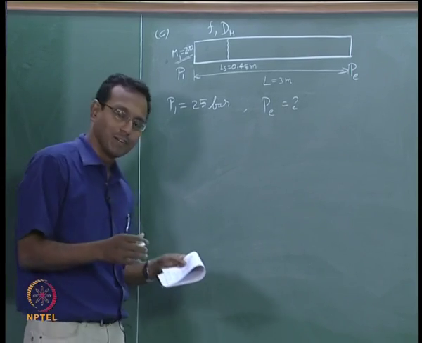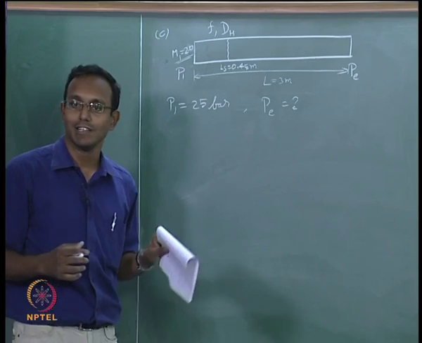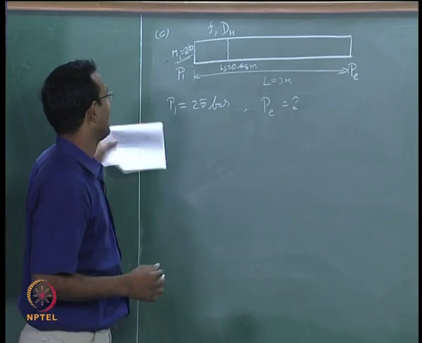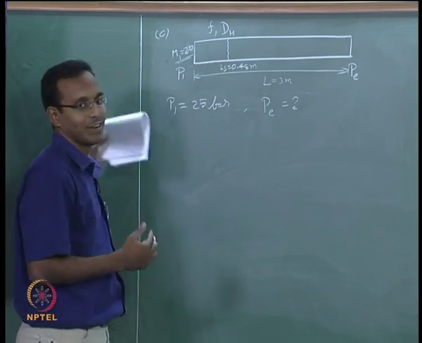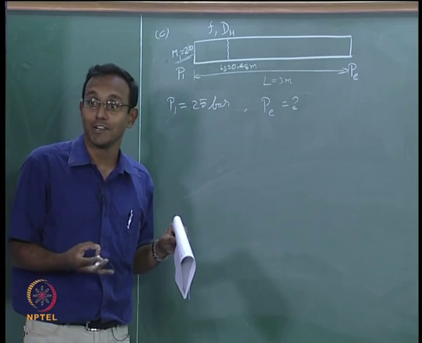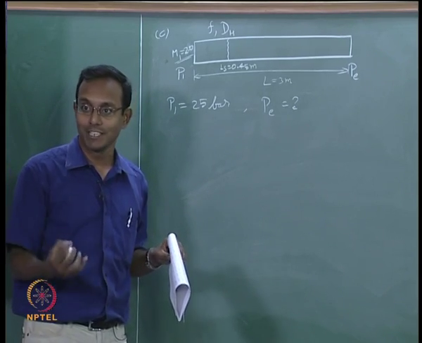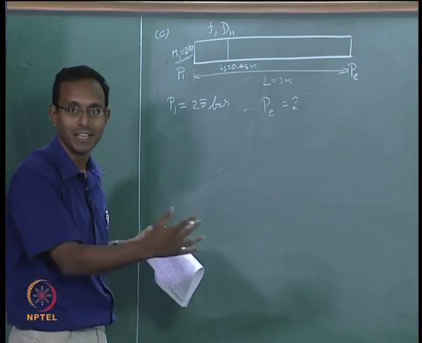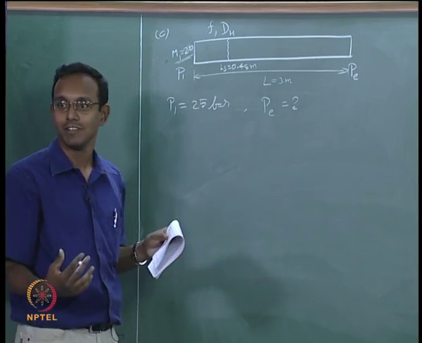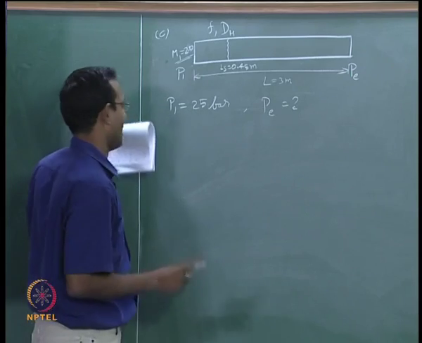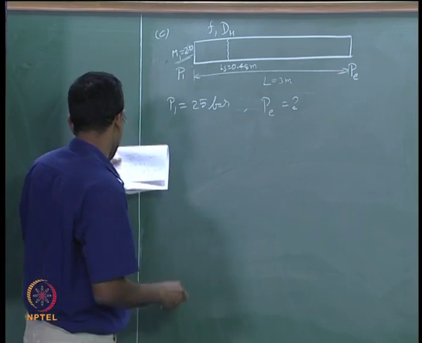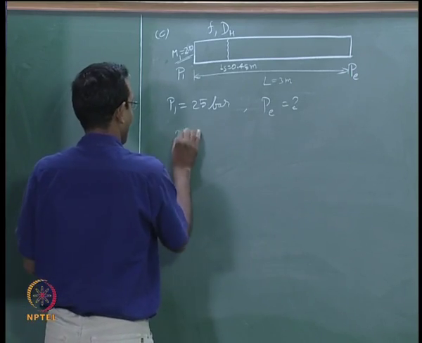It is easier to work with P0, so I will switch to P0 from here itself. I know P1 and I know M1, I can find P0. Where should I go? Isentropic tables. Gamma equal to 1.4, isentropic tables. Okay, there are so many tables in compressible flow tables books. So, you have to choose the correct table and correct gamma value. Okay. So, now I will go find P01,